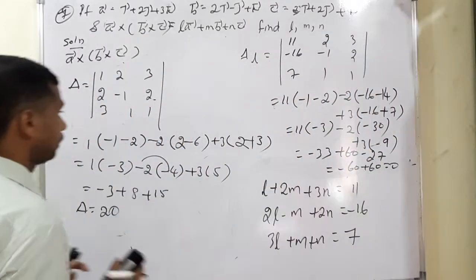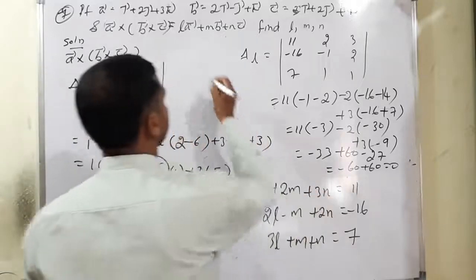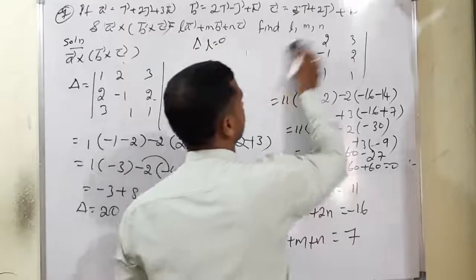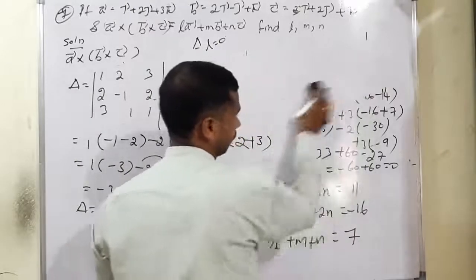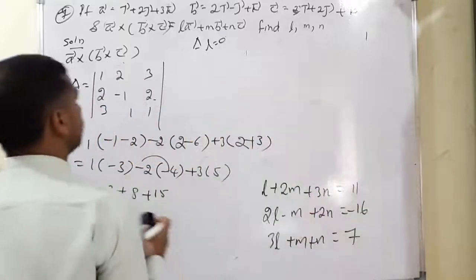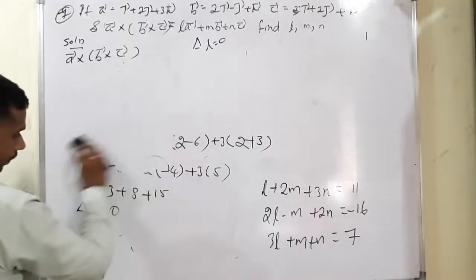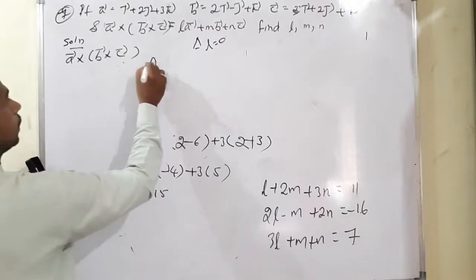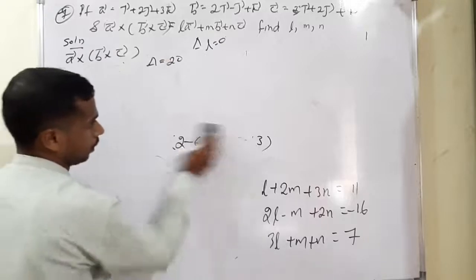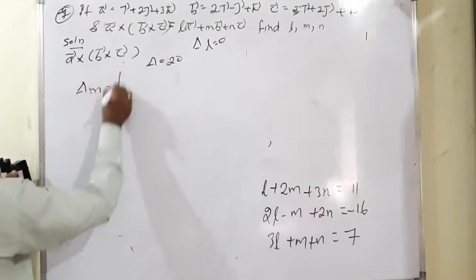The next condition, this is del L, isn't it? So I will write it here, del L is equal to 0, isn't it? Now I am moving to del m. We need del is equal to 20, isn't it? Del is equal to 20. So del m is equal to, definitely,